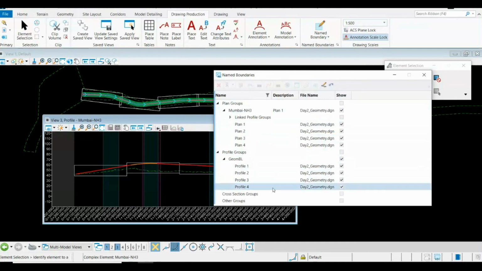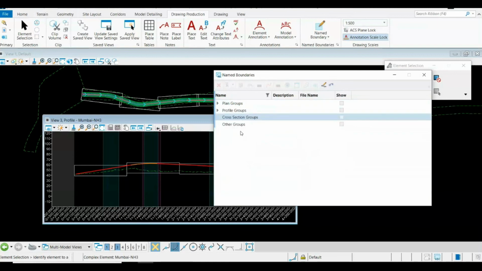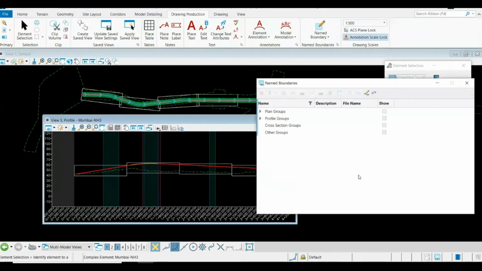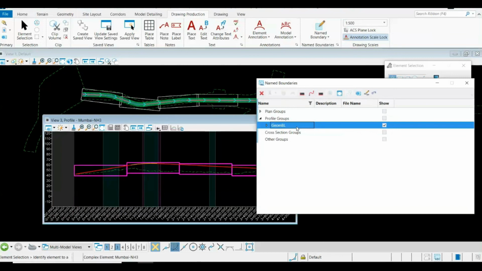If I simply close these dialog boxes, from within this dialog box I can go for the final creation of my plan and profile sheets. So till now I have not done any extraordinary work. I've simply selected vertical exaggeration for the vertical, your left and right offsets, and the highway section length. Now you need to click over this profile group, select your profile group name and right click over it. You are going to see multiple options. We will be selecting create plan and profile drawing.